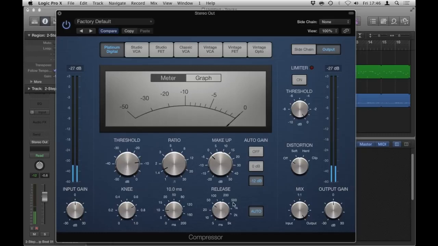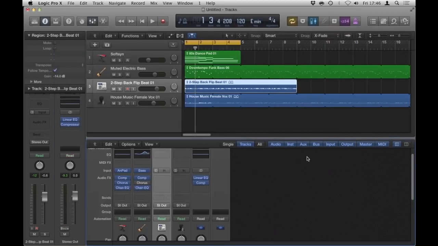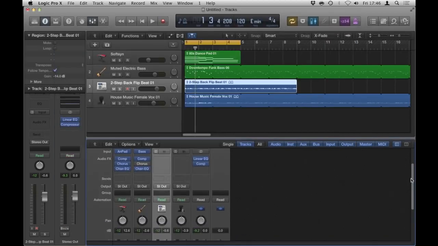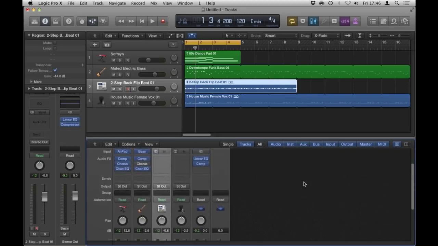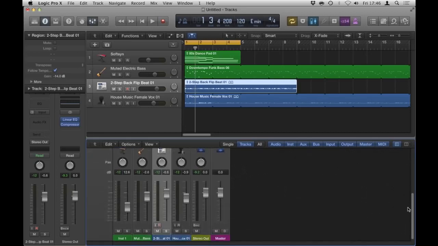See, I've got the attack open a bit there, and I've got the release open a bit there, and my ratio is low. It's like 1.5 to 1. That just helps glue it all together, really. But feel free, it's your mix, to do mix bus processing as I have. Great, so now imagine yourself, you are about to bounce this down and send it off to a mastering